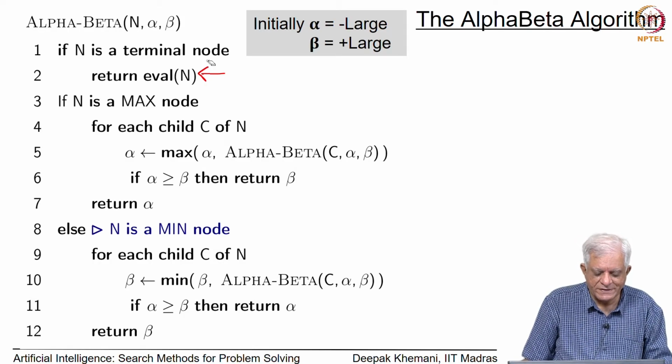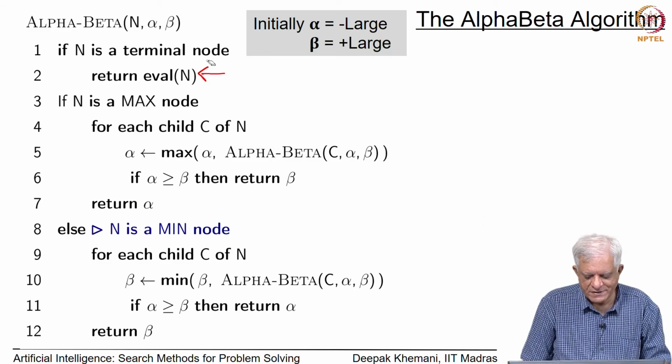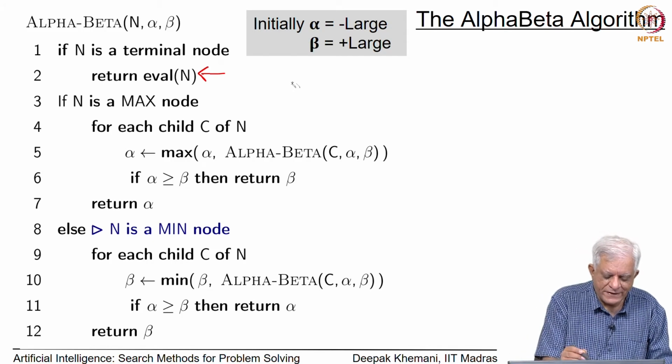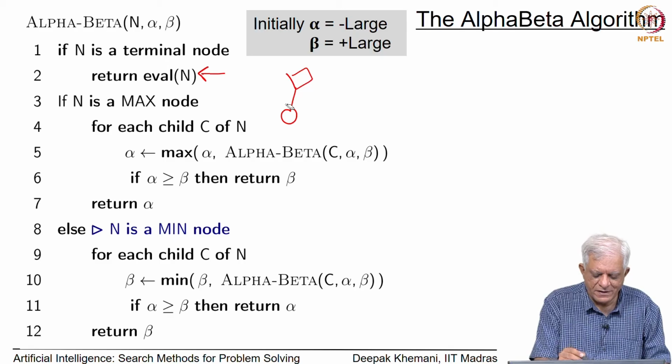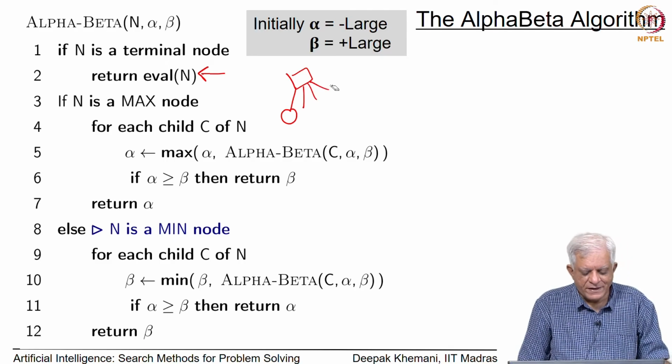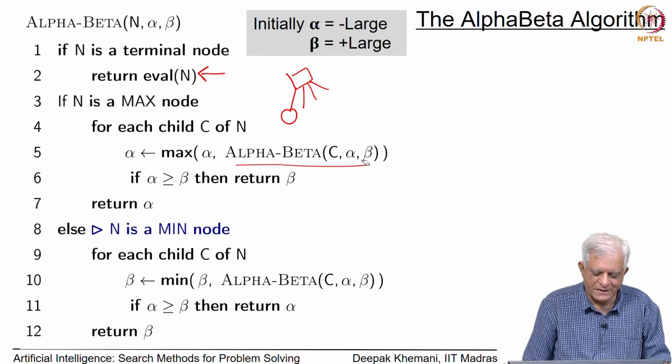So, as search proceeds, we have seen that this window becomes smaller and smaller as we go from left to right, and these are the bounds that are propagated to every recursive call that we are making. So, we do not need to initialize at minus infinity and plus infinity here, we can directly work with the bounds that are propagated. So, as before, if n is a max node, then you start looking at a child C one by one, first, second, third and so on, and for each child you make a recursive call to alpha beta again,